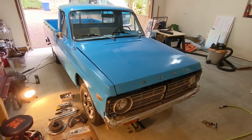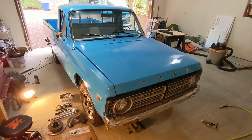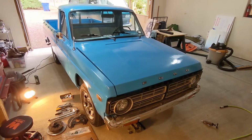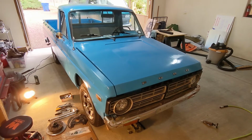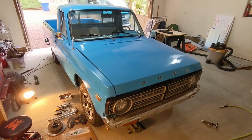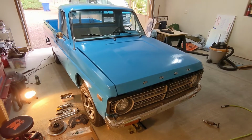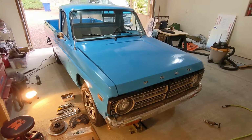Hey everyone. Today we're going to be swapping out the front drum brakes on my 1973 Ford Courier for disc brakes that I salvaged from a wrecking yard off a 1982 Mazda B2000. So basically a second gen of this car where they had upgraded the fronts from drums to discs. So much better stopping,